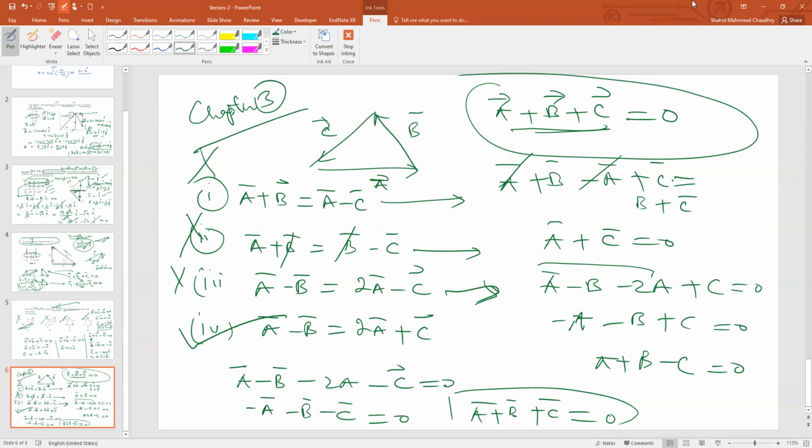Okay, Doctor. After chapter number 3, now we want to move on to chapter number 4. I will just discuss with you some points of this chapter number 4, but with full energy and full concentration, we will start this chapter in the next week. So let's see this. Where is chapter number 4? Just 1 minute.